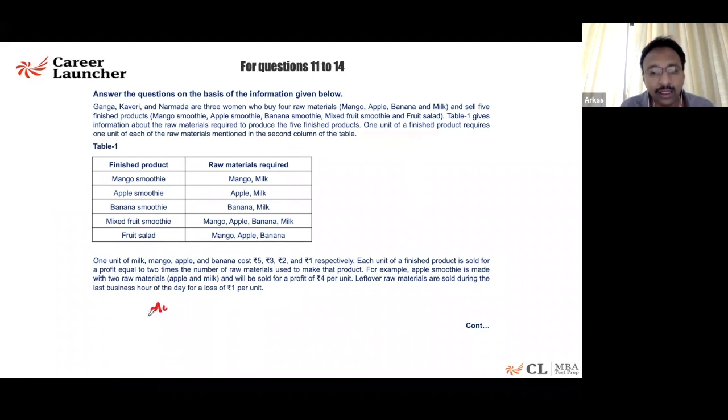So milk, mango, apple and banana cost you 5, 3, 2 and 1 rupees cost price. Each unit of the finished product is sold at a profit equal to 2 times the number of raw materials. That means if the cost price of this mango and milk is 8 rupees, the selling price of this will be